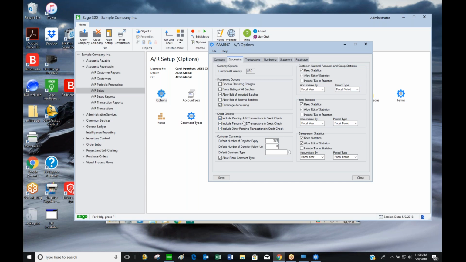So credit checks. If you're using credit limits in accounts receivable, these options apply. Say you've got a customer with $10,000,